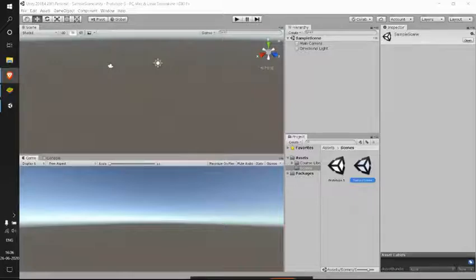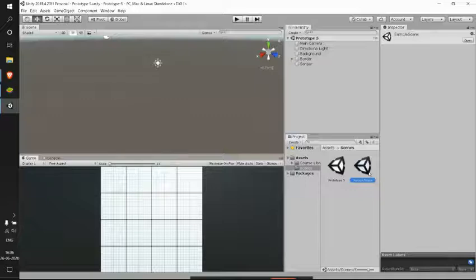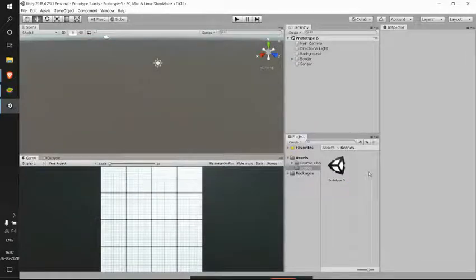So, I just imported the assets we need for this prototype file. I didn't do anything in this. This is my sample scene itself, which I have now. Let me open my prototype scene and delete the sample scene. I'll be sharing the link for the assets with you later so that you can just import that. That's pretty straightforward, which we have done in the four games, right? You can easily import this.